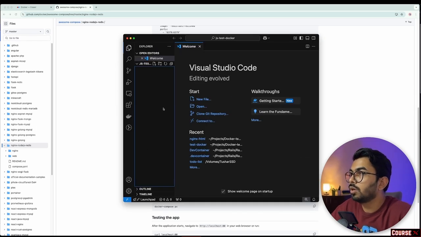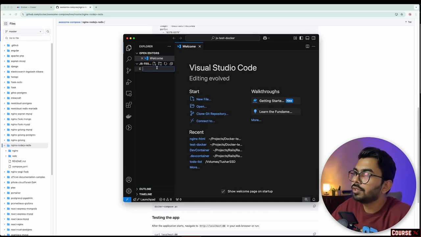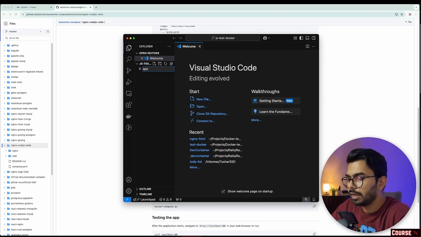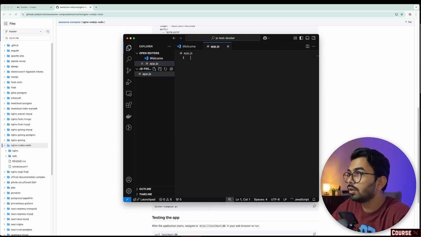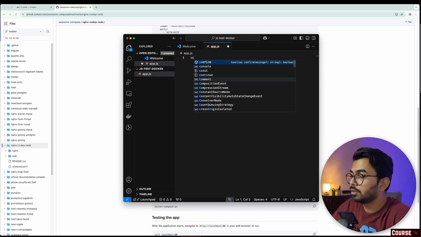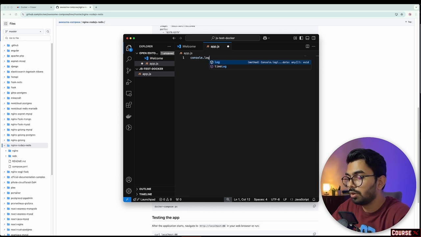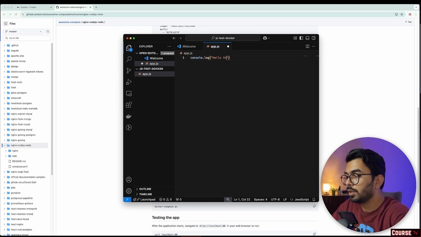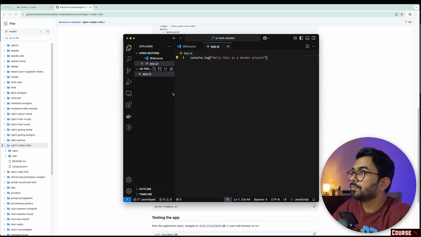This should be good, and I can create any JavaScript file. Let's say I create an app.js where I can write some JavaScript code, something like console.log, and I can print "hello, this is a Docker project", and save it. For Dockerizing it, I will just need to create a Dockerfile,